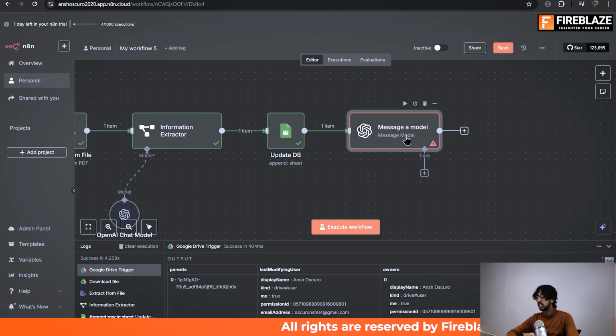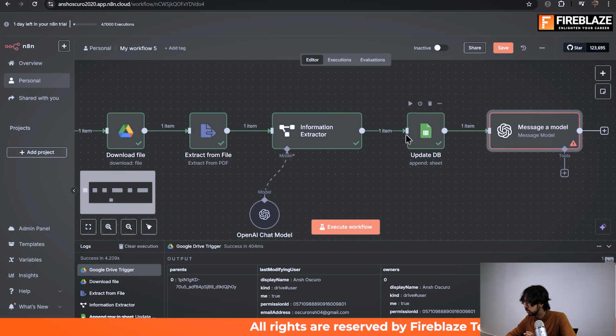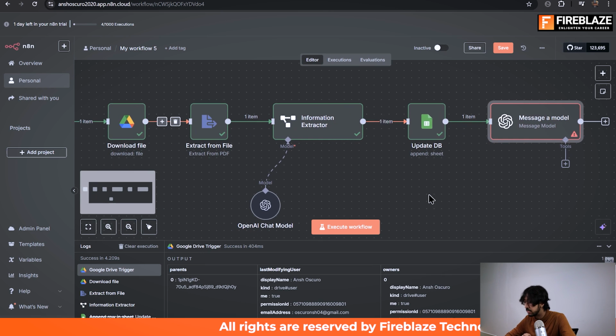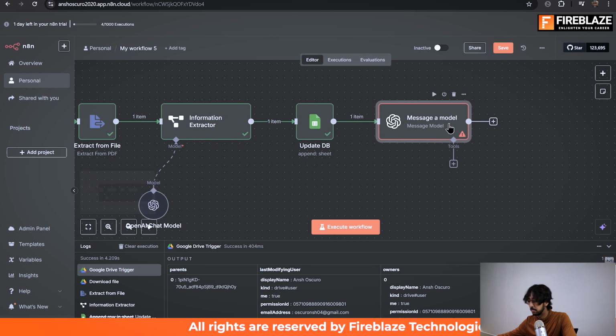Yep, so let's deal with this in the next video. In this video, we learned how we can update the database in the Google Sheet based on the information that we got from the previous nodes. And in the next video, we'll see how we can connect the AI node so that we can generate an email that can be sent further on to the